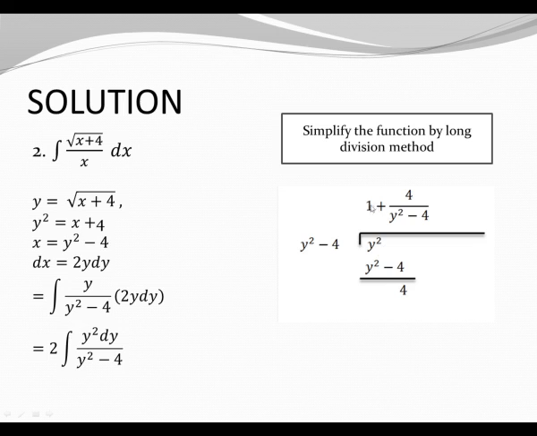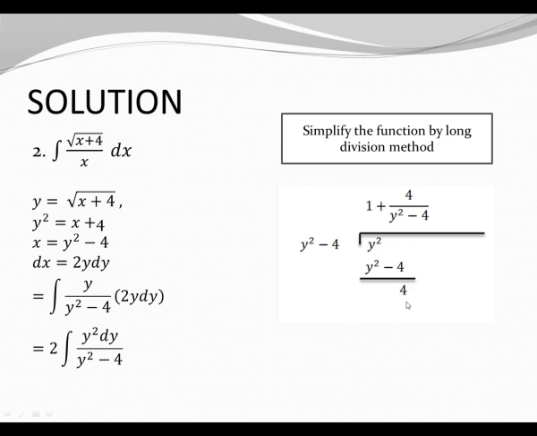And then the next step is to multiply the quotient derived by each term of the divisor. So this is 1 times y squared, that will be y squared, and 1 times negative 4, that will be negative 4. And then the next step is to subtract. In subtraction, we have to change the signs of the subtrahend. So y squared here as a subtrahend becomes negative, and negative 4 becomes positive. Then we add. Y squared minus y squared, that will be 0, and then the negative 4 becomes positive 4.